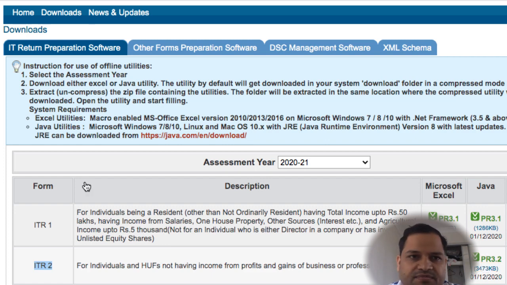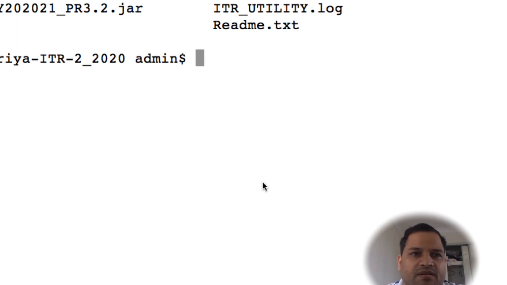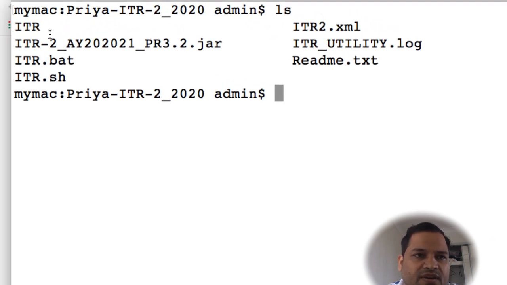So what you have to do is, you can see in that folder there are these files: ITR, ITR.bat, ITR.sh, ITR.xml. This ITR.xml is the pre-filled XML that I downloaded. Then for ITR.sh, you have to modify the permission of that file.